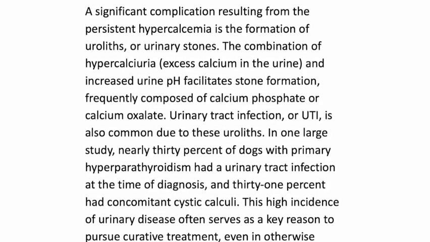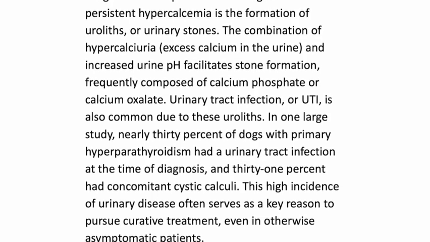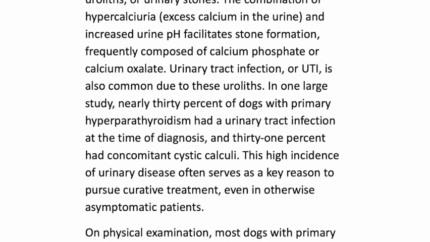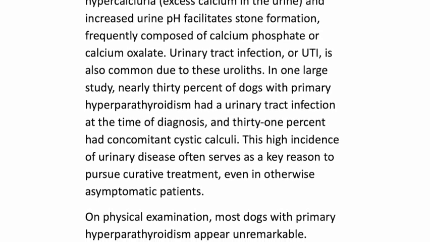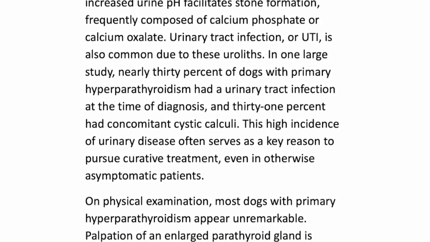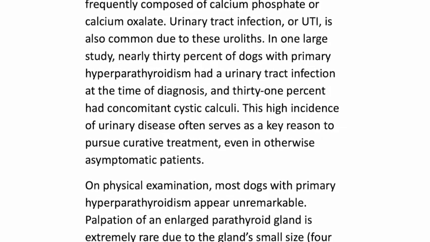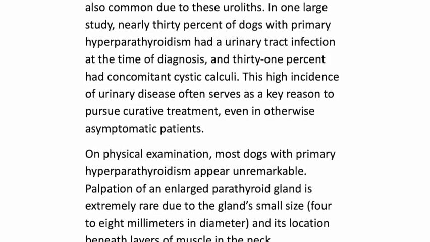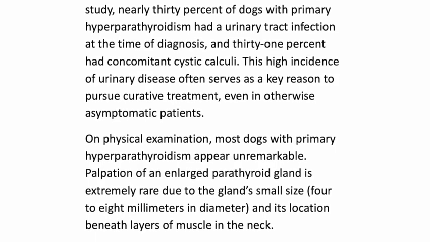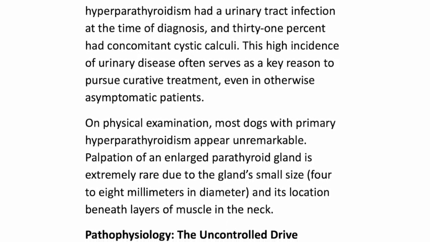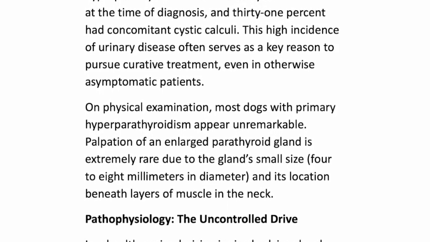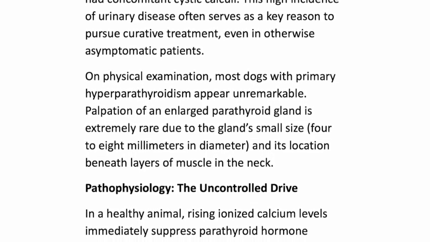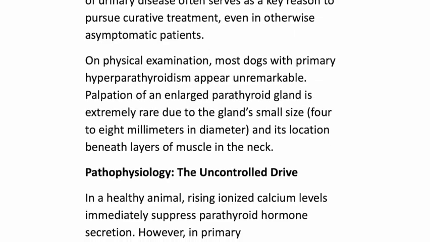The combination of hypercalciuria, excess calcium in the urine, and increased urine pH facilitates stone formation, frequently composed of calcium phosphate or calcium oxalate. Urinary tract infection, or UTI, is also common due to these uroliths. In one large study, nearly 30% of dogs with primary hyperparathyroidism had a urinary tract infection at the time of diagnosis, and 31% had concomitant cystic calculi. This high incidence of urinary disease often serves as a key reason to pursue curative treatment, even in otherwise asymptomatic